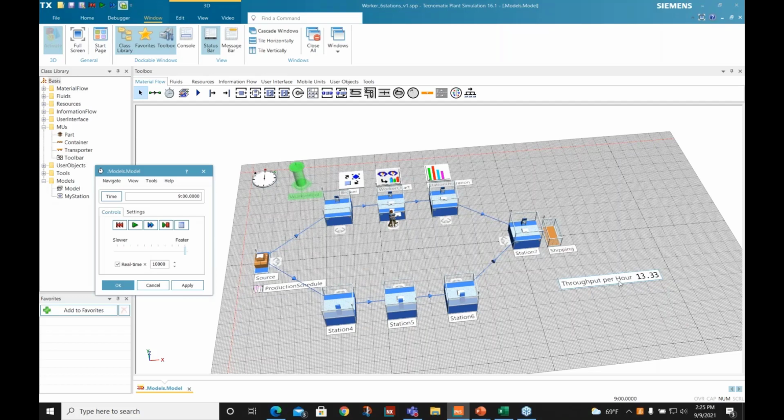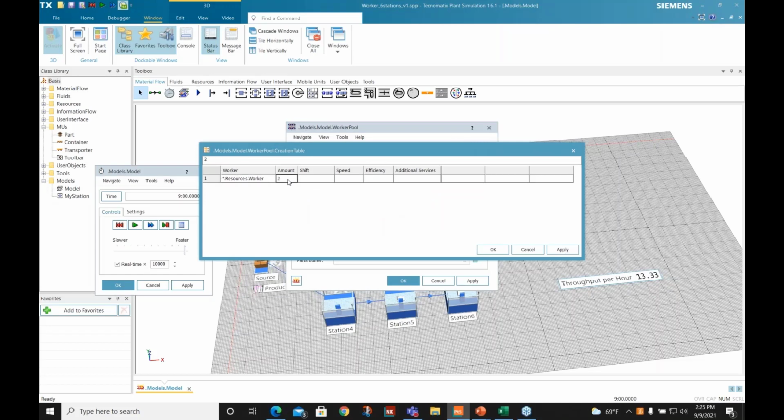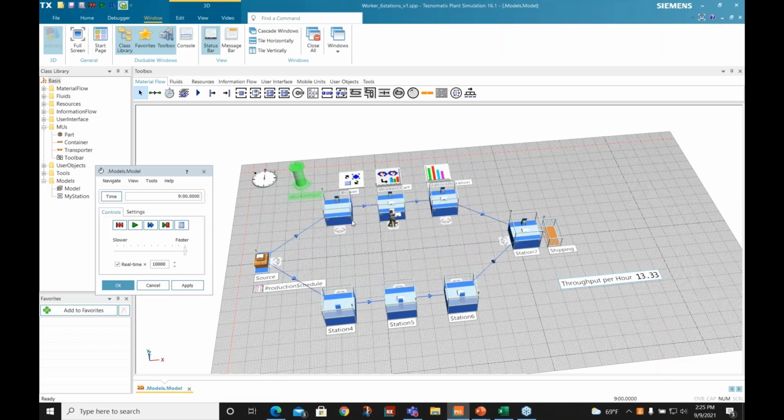And with 2 workers, we find out our throughput is now 13.3. Well, we're going the right direction. Started at 6.7 with 1 worker, 13.3 with the second worker. Let's see what adding another worker will get us. Now, if you're thinking, why didn't I run experiments with this? You can't run experiments with the workers. Just a subtle nuance, but